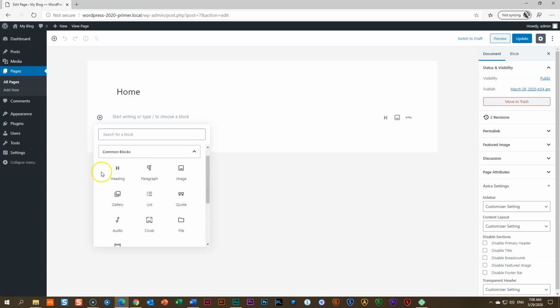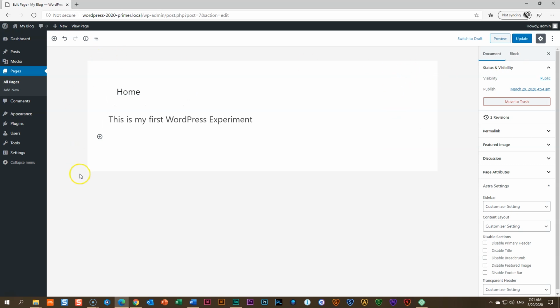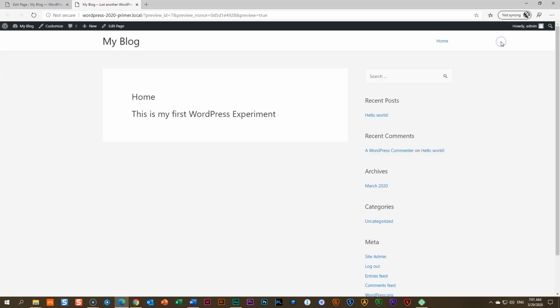Let's have a look at how that plays out. Let's go to common blocks and we click here on heading. Select heading and type something in here. This is my first WordPress experiment. And click out here on the page, this white canvas area, to deselect that block that you've just worked in. So now you can see this is my first WordPress experiment. Update it up here and click on preview to see how it looks. Right, so now you begin to understand, very similar to PowerPoint. You type something on a slide, then you go into presentation mode, and this is how it looks on the front end. Let's go back to the back,